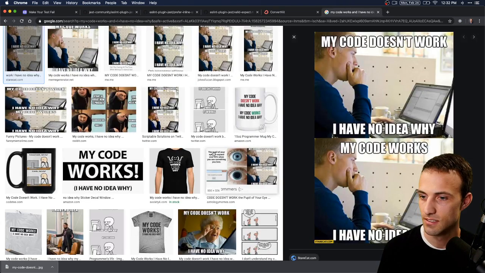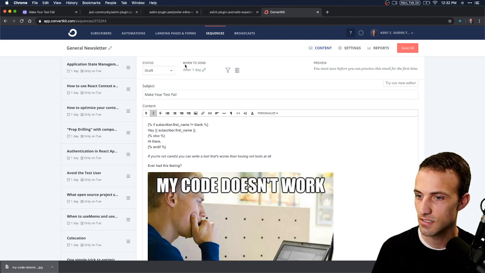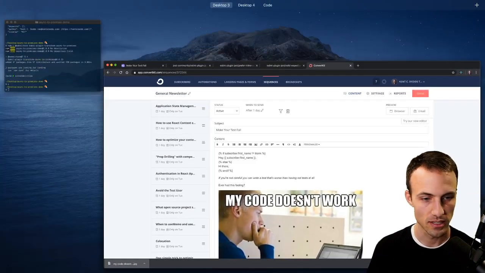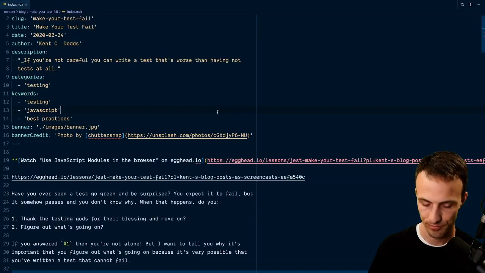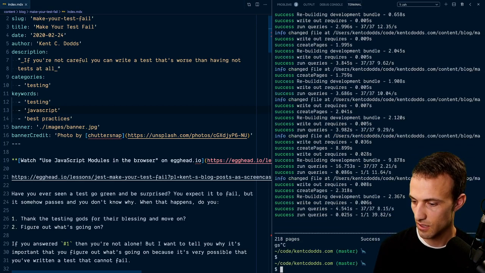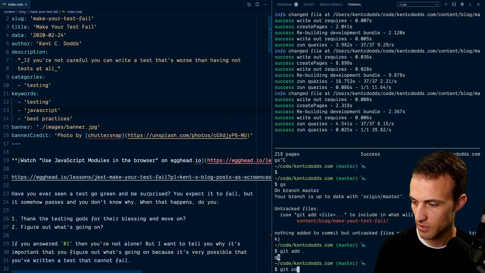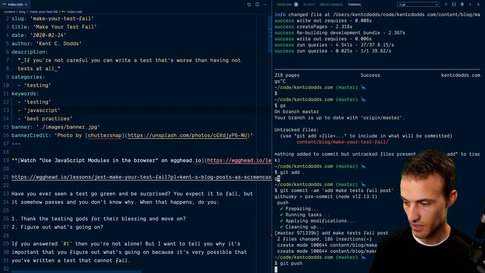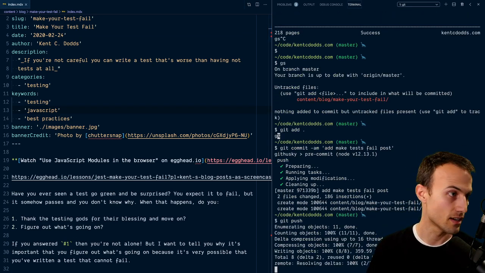Good. So this is good. Active, save all. I hope that this actually publishes. Where'd my thing go? There we are. Git add, commit, add, make test fail post. All right, pushing that, and